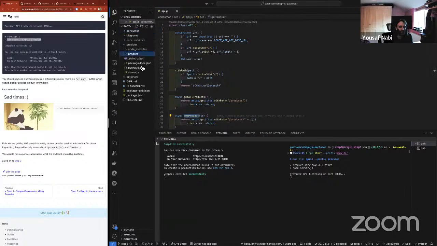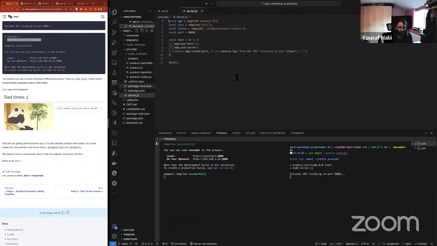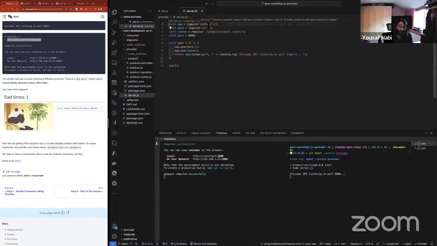Our provider code base is a simple Express app. Express here is an API provider framework in JavaScript. If you're using a different language like Python, for example, you might be using Flask, or insert your favorite provider API framework here. This server starts up on port 8080, and it attaches a set of routes